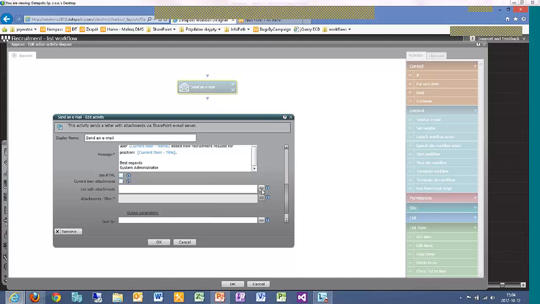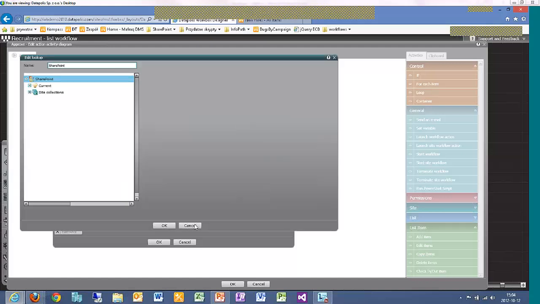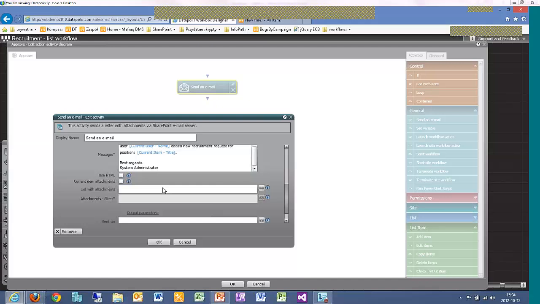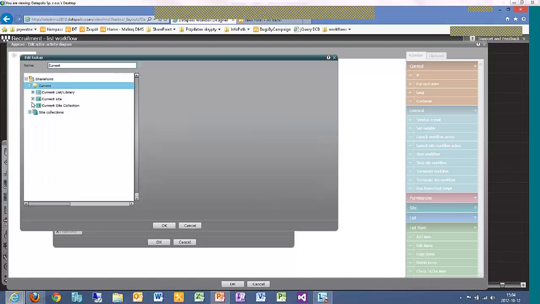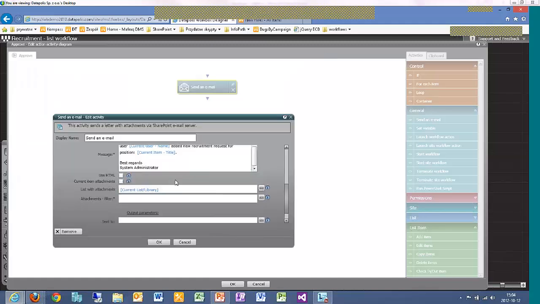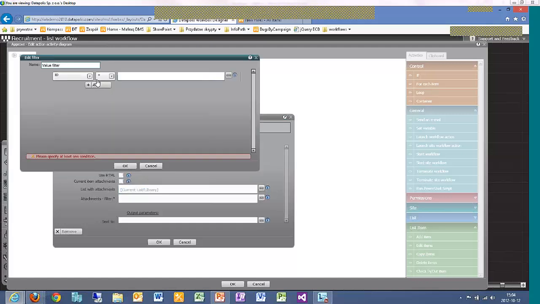For example, I will show you how easily you can locate many files. Like we would like to send some attachments with our email, and we'll just use our current list or library, and we will create a filter to filter all information related to our